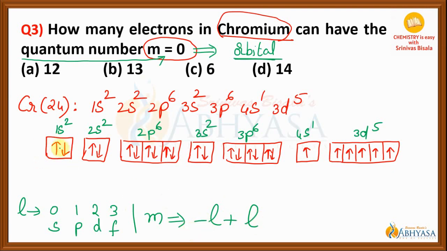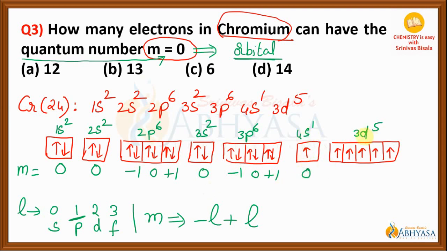So this is s orbital. So l value is 0 means m value is also equal to 0. I am writing the m values now here. And for this s orbital also m value is equal to 0. And for p sublevel l value is equal to 1. So m value is -1, 0, +1. And for s orbital l equal to 0, so m is also equal to 0. And for 3p it is the same as that of 2p, that is -1, 0, +1. This is again s orbital, m value is 0.